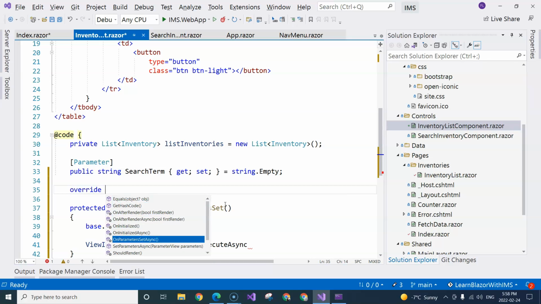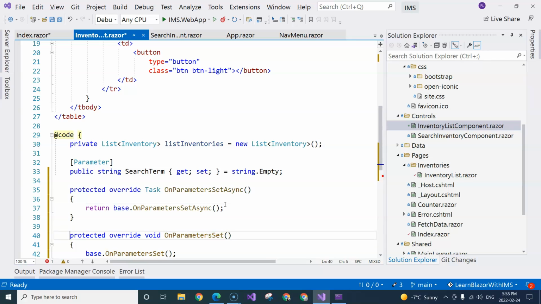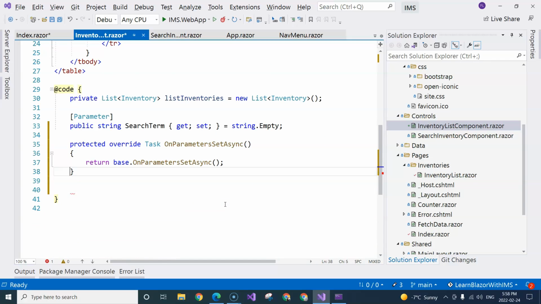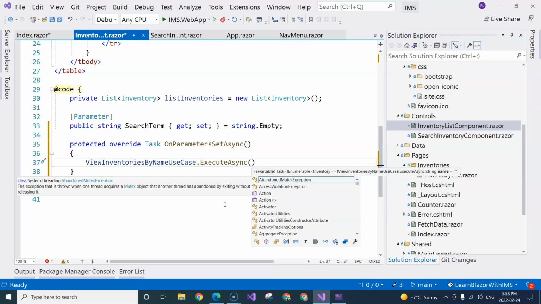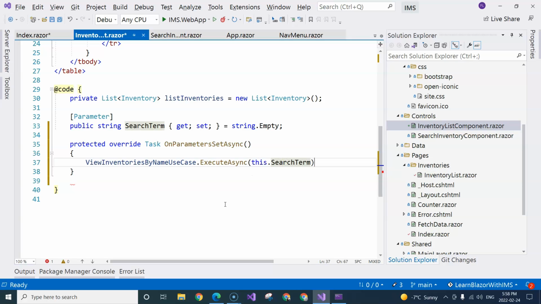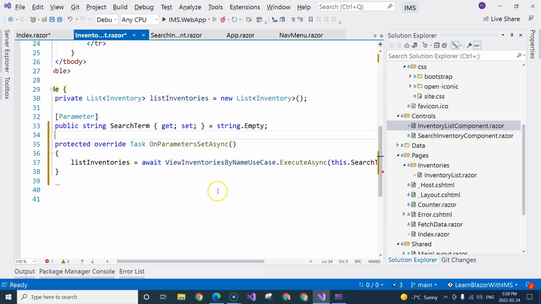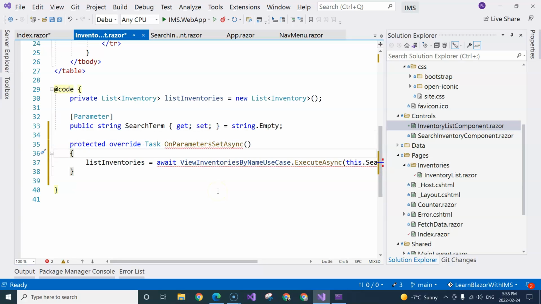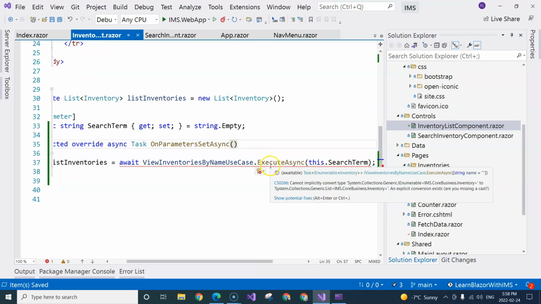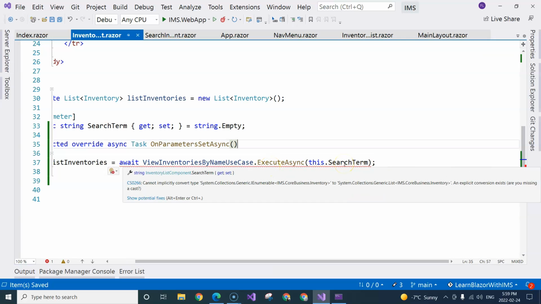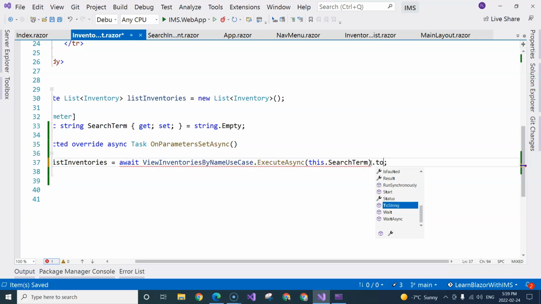We can see that there is this onParameterSetAsync method. So I'm going to delete this one and use the async version, right? So we can go over here and call ExecuteAsync, and pass in the search term like this. And we are going to say list of inventories equals await, right? In order to await it, we should also make this an async method. And now it's just complaining that this has to be a list, right? So we can just say ToList,